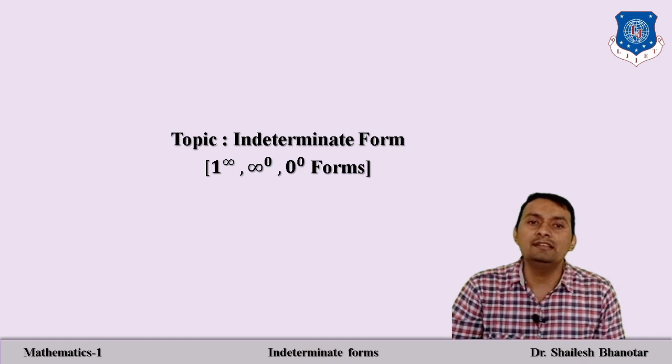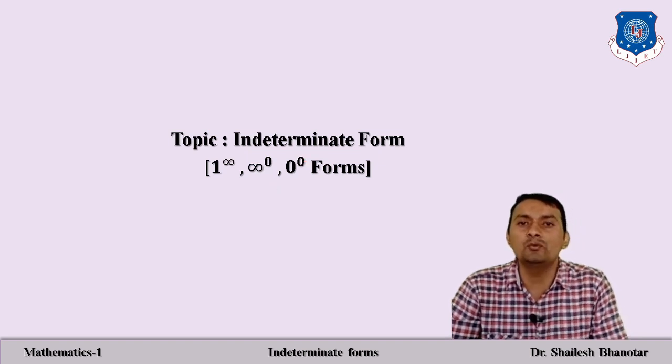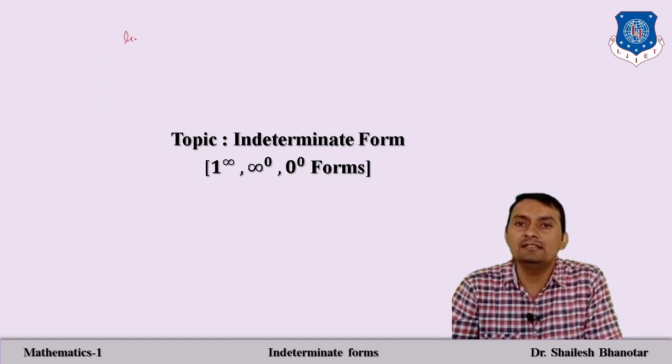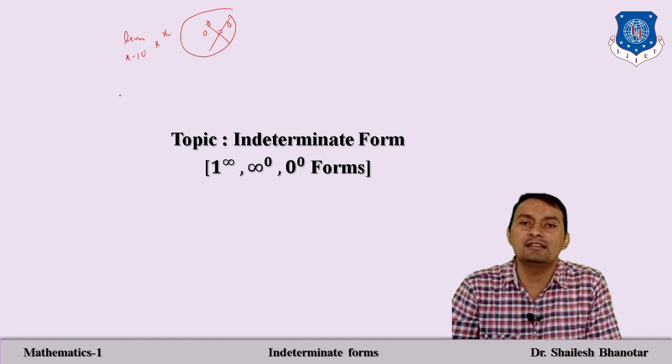So now we have the indeterminate forms of the type 1 raised to infinite, infinite raised to 0 and 0 raised to 0. That means there is no conclusion for the limit. So what are we going to consider? Let us see a first simple question. Suppose you are given the question limit x tends to 0, x raised to x. You say 0 raised to 0, answer is 0. But this is not the case.